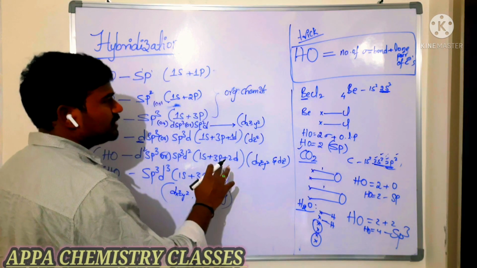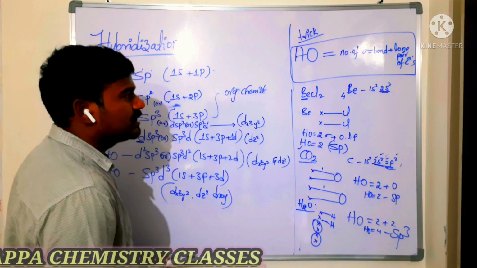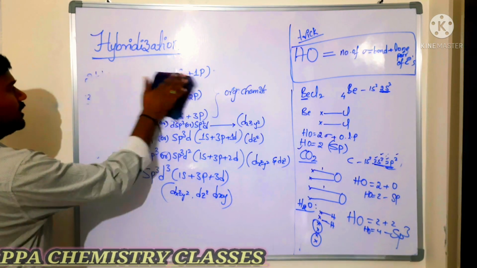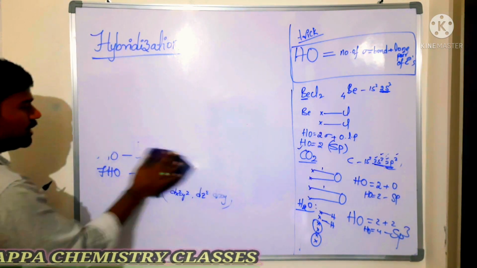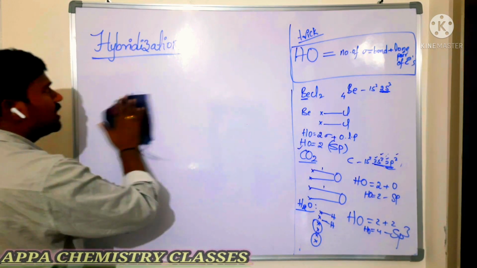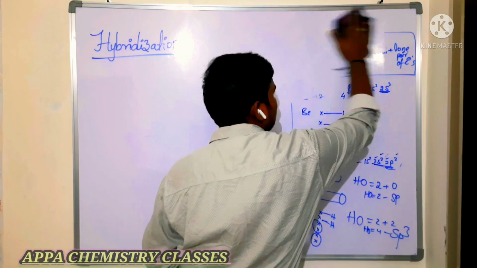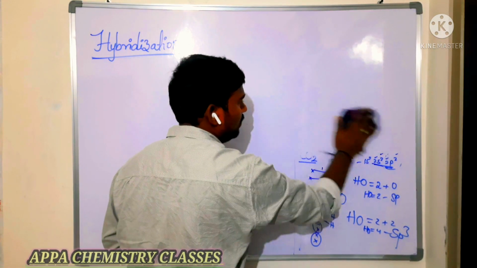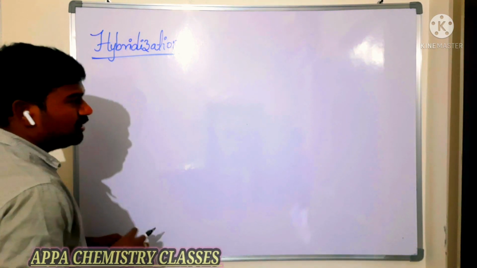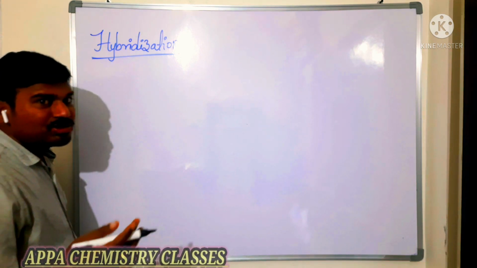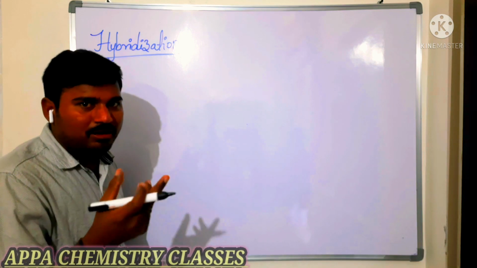So that is hybridization, and how to calculate hybridization I told you. Different hybridizations are there. Now I will take one more example. With that example we will see how hybrid orbitals are arranged in a central atom, where the repulsions are minimum. At that position those hybrid orbitals will be arranged according to VSEPR theory to get the proper shape of the molecule. Now we are going to see the arrangement of those hybrid orbitals. That is nothing but geometry. Whenever the hybrid orbitals are arranged in a proper manner, we will get the geometry of the molecule.